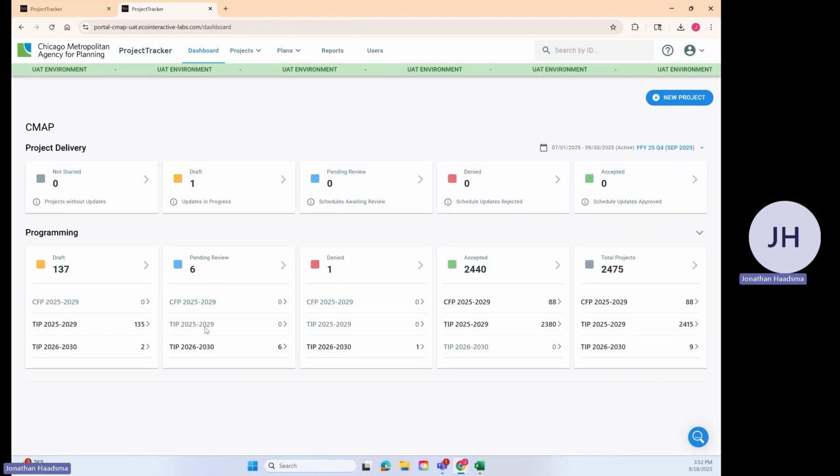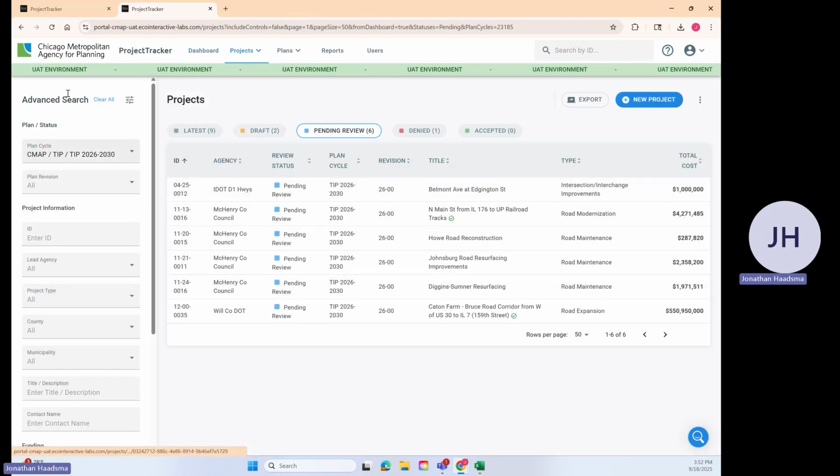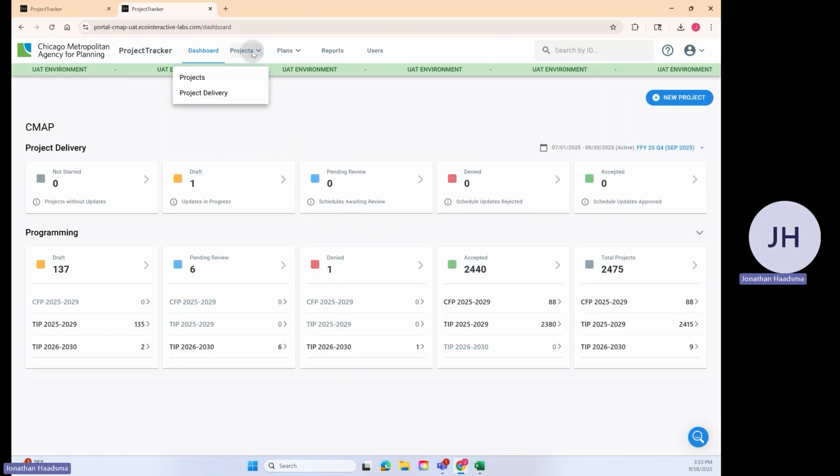Now, if we wanted to go and find these projects we just submitted, there's a couple different ways we could go about it. The first is we could go to the dashboard, and under the select plan, under the right plan cycle, which in this case would be 26 to 2030, we could go and see them here. The other way is you go to projects,